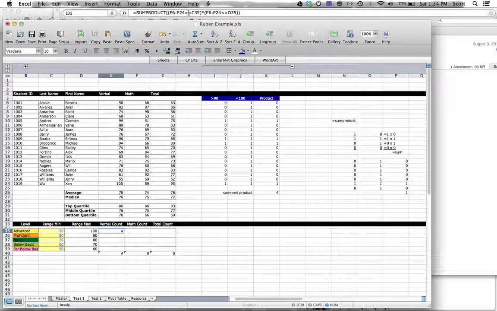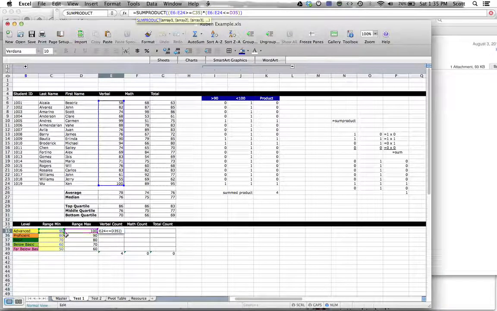So you've got a bunch of 0s and 1s times a bunch of 0s and 1s. And the result of the formula is that it multiplies the first part times the second part. So in this case, you've got 0 times 1 is 0. And in this case, you have greater than 90 and less than 100, and you've got a 1 times a 1 is a 1. And then you sum it up and you get 4. And that's simply how it goes. Now, if you want to take this data and you want to drag it to the right for the math and for the total, and then also drag it down, we need to work with the references, whether absolute or relative. So in this case,